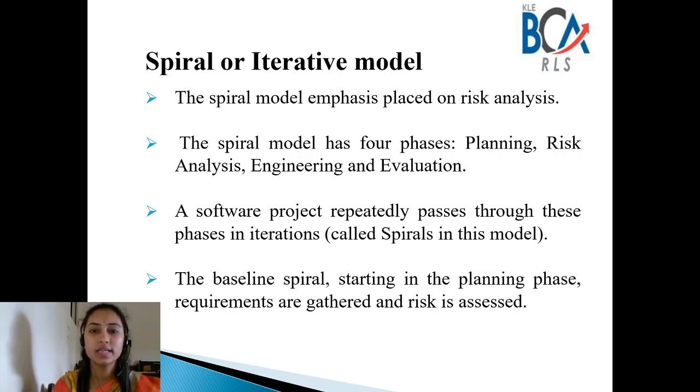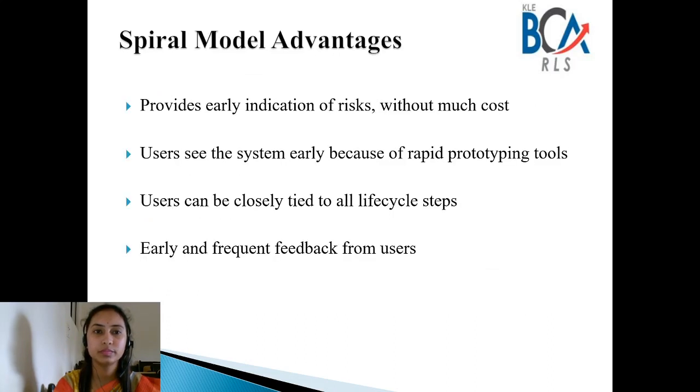These are called spirals in this model. In the baseline spiral, starting in the planning phase, requirements are gathered and risk is assessed. First you gather all the requirements, then you analyze the risk. What are the possible risks which are going to happen?